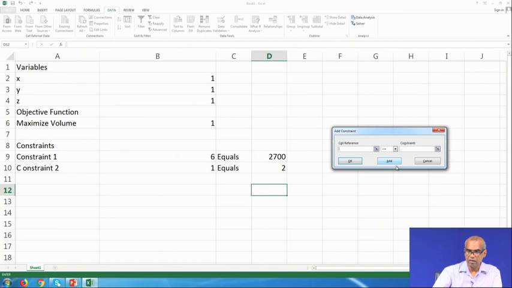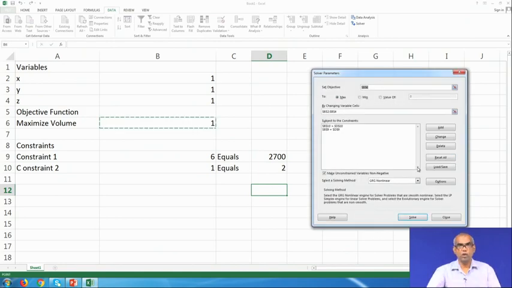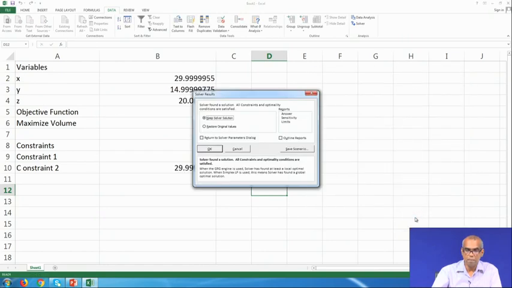So, you add. So, both I have added, now cancel to come out. So, now this is what it looks like. You are ready to solve. Make unconstrained variables non-negative, choose GRG nonlinear. Two constraints appear here.